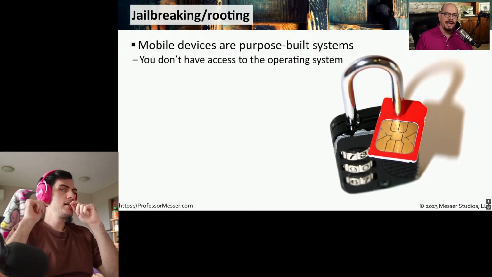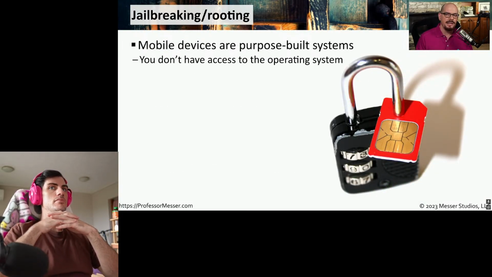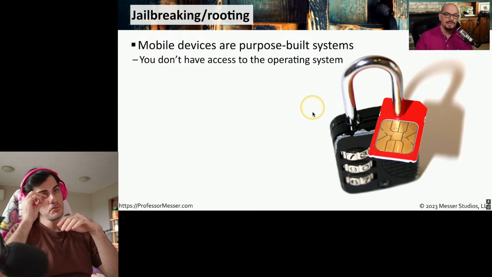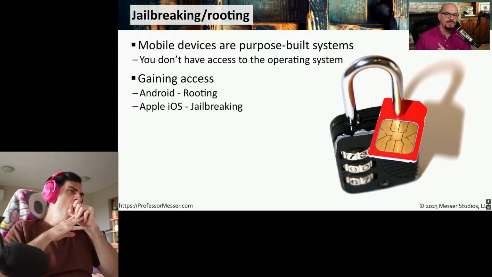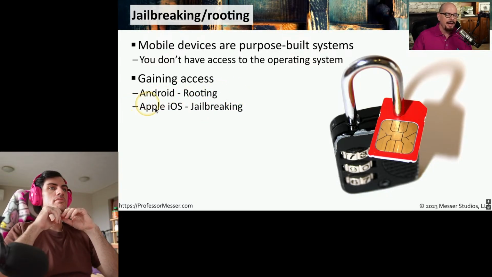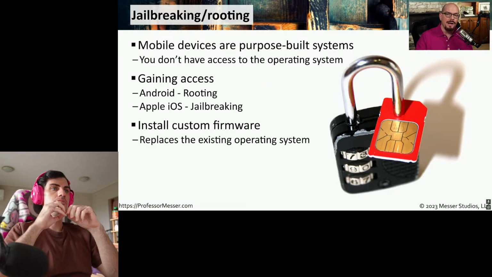These mobile devices tend to have a lot of security built into the device itself. One way to circumvent this security is through the use of jailbreaking or rooting. Although we don't commonly have access to these devices at the OS level, there is certainly a complex operating system that's running under the surface. And some individuals have found that you can replace this operating system with one of your own to provide additional access or circumvent some of these security restrictions. If you're doing this to an Android device, it's referred to as rooting, and on Apple's iOS, we refer to this as jailbreaking. This replaces the firmware or operating system on this device with a third-party operating system.